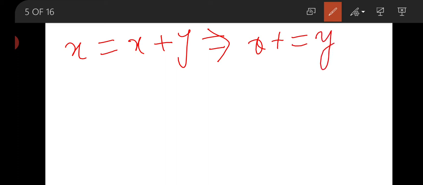Both are the same. This is called the assignment operator.